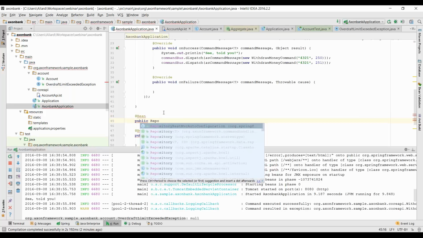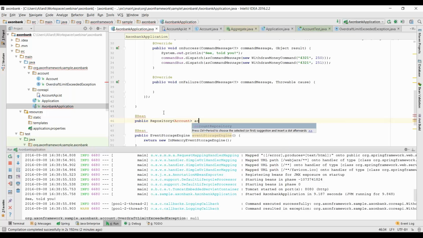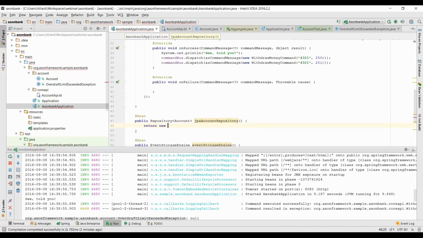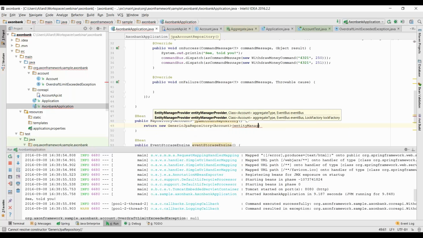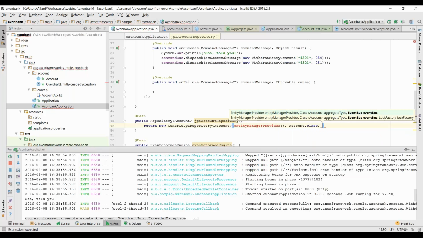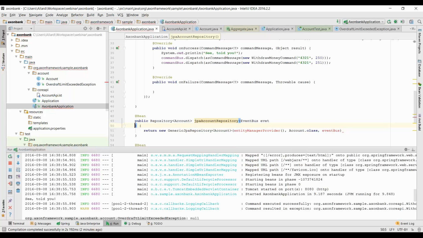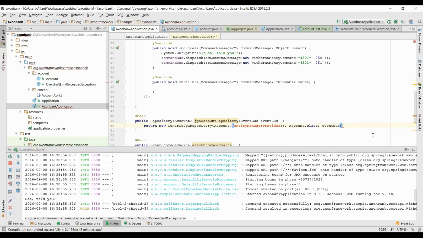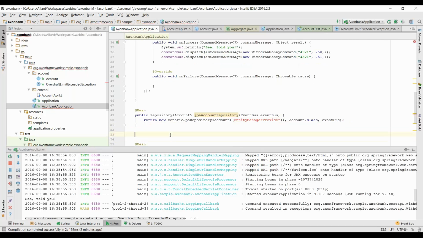Public repository for account JPA. So this is the name that we've supplied up there, and we return new generic JPA repository for the account class, and we are going to use the event bus, and of course the entity manager provider is a bean that we need to supply as well. Entity manager provider,